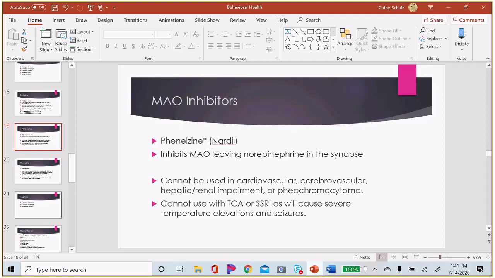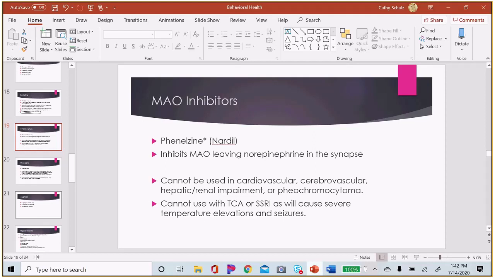So you might notice in lots of commercials for drugs, they'll say not to be taken with MAOIs. That's what there's always, don't take it with MAOI in the commercial for drugs. There's a lot of drug interactions with this. And it cannot be used if the person has severe cardiovascular disease like angina, hypertension, or they've had a stroke before, or pheochromocytoma, which is an increase in release of norepinephrine from a tumor, because these people are already at risk of having elevated blood pressure, which is one of the things that can happen